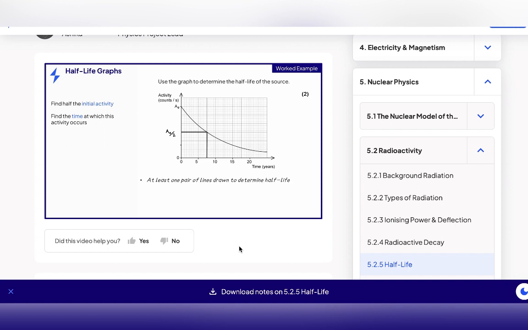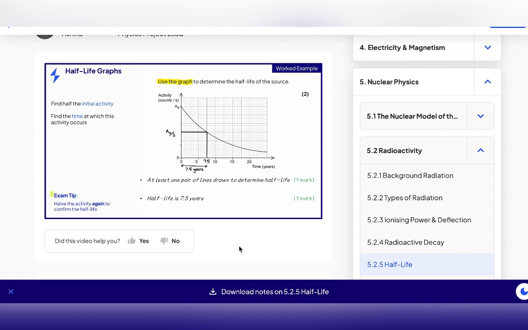We've already gained a mark. This is for drawing a pair of lines on the graph. Remember, you are asked to use the graph, so make sure you annotate it. Next, we read the time on the x-axis and determine the time taken for the activity to halve, which is 7.5 years. This is the definition of half-life, so we can now say that the half-life is 7.5 years